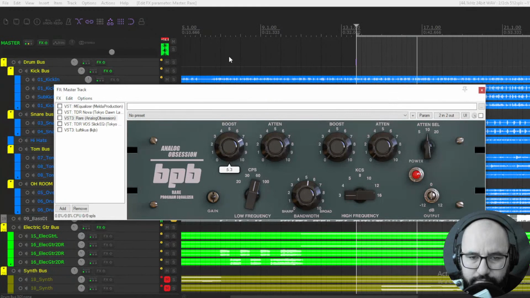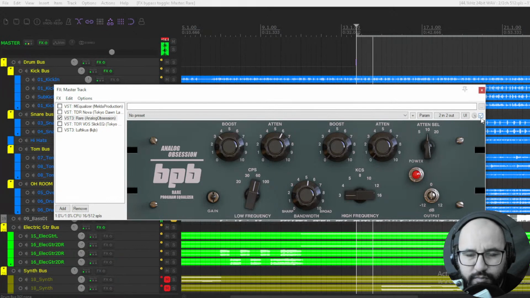60. Super pleasant low end. I don't know which device you're listening on, but it's nice here on my headphones.